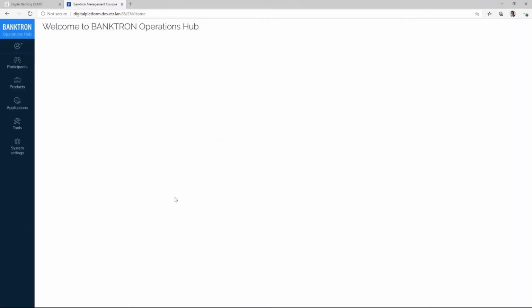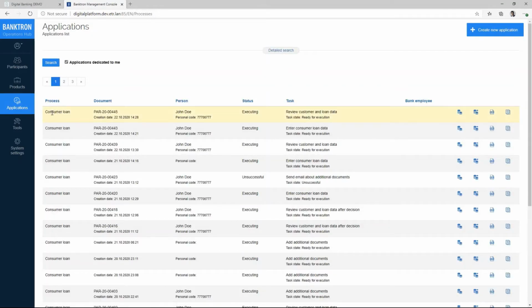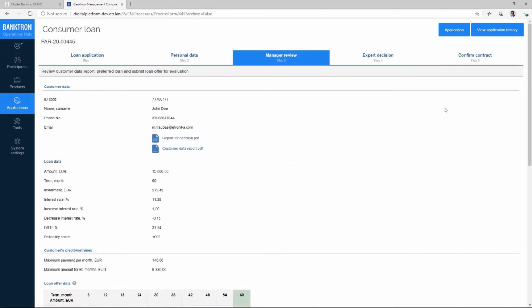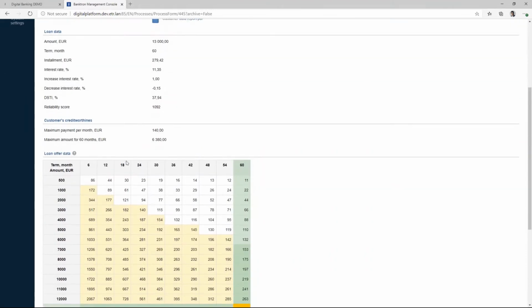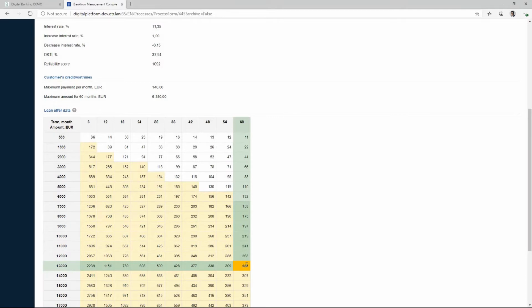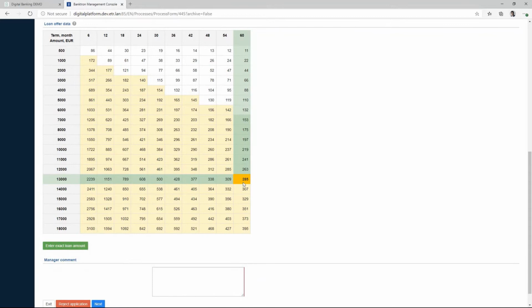Let me turn on the credit manager's application, and I can access the customer's loan application here. I see all the data collected. I can check the reports on the customer, and I see in this matrix that we cannot offer at the moment to the customer the loan amount he is asking for, because the income evidence we have is less than